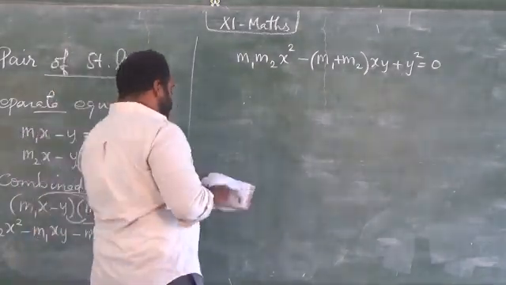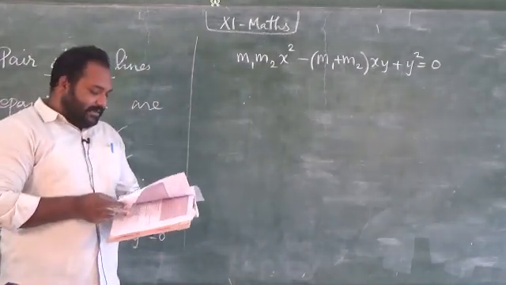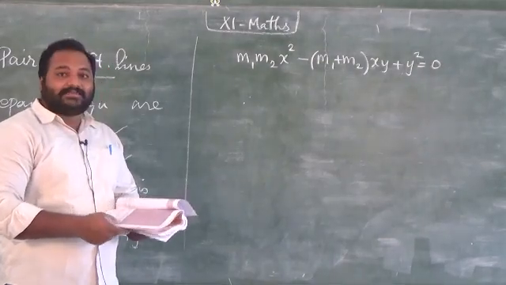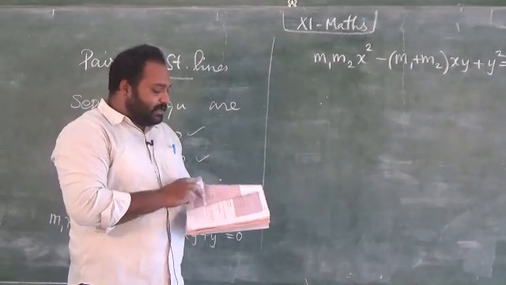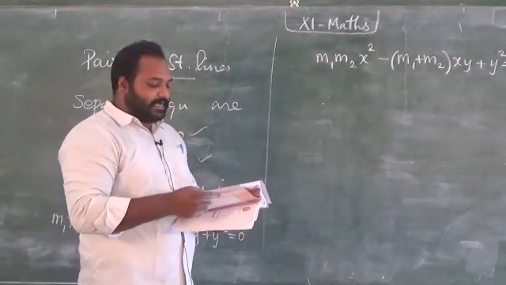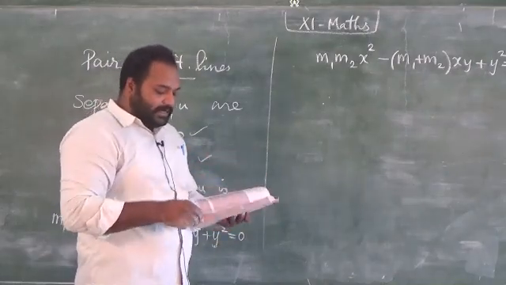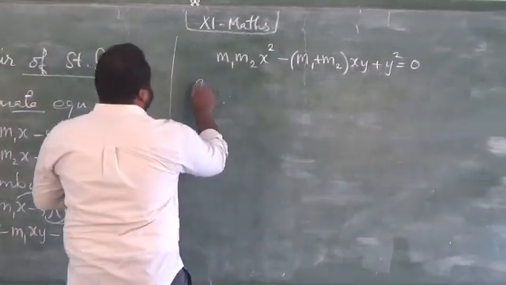Here we have general formulas, the angle between a pair of straight lines, conditions for a pair of parallel lines, and conditions for a pair of perpendicular lines. All the formulas I am going to give you now, just note them down. It will help you to learn the problems easily. So, the general form.